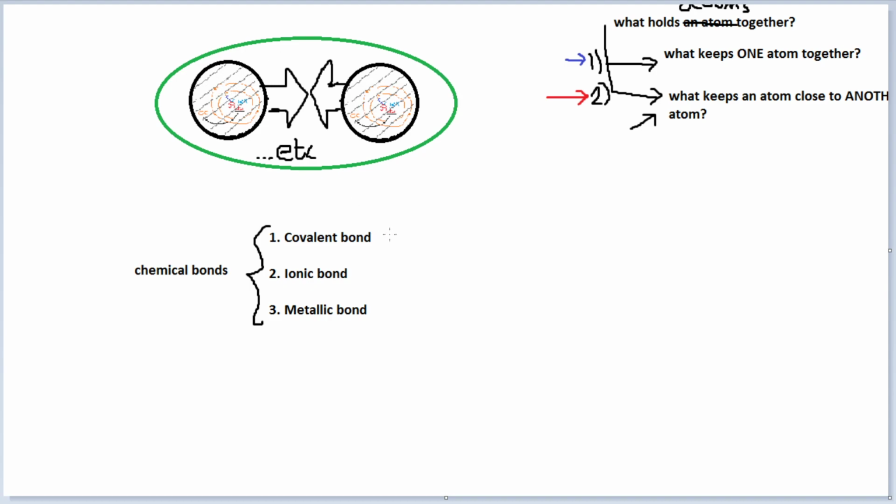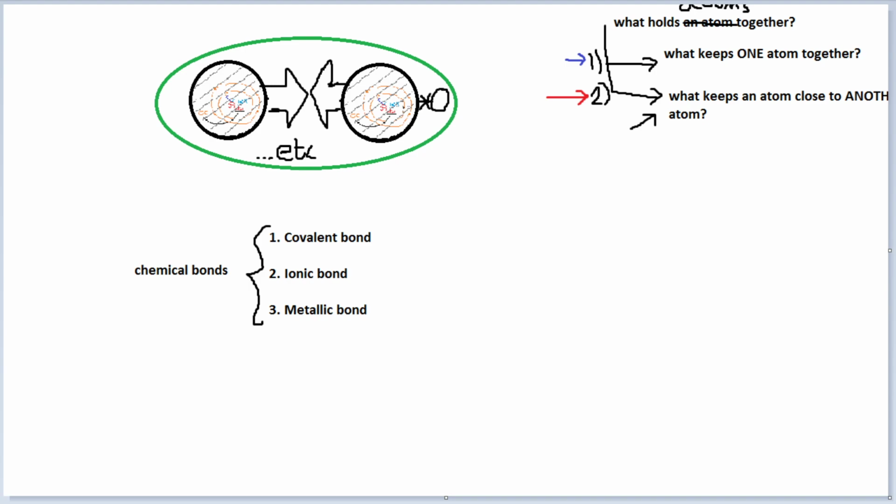So a bond, like one of these 3 types that we see here, only exists between pairs of atoms, never 3 or 4 or more. So if I wanted to throw in another atom here, I could, but then it would have a separate force of its own, like that. I hope that makes sense. That's a little attractive force that I've drawn there, and that will be a bond. It could be different. It doesn't have to be one of these types of bonds. That could be a metallic bond. But any bond you ever have will be between a pair of atoms, never 3. But you can have as many as you want.